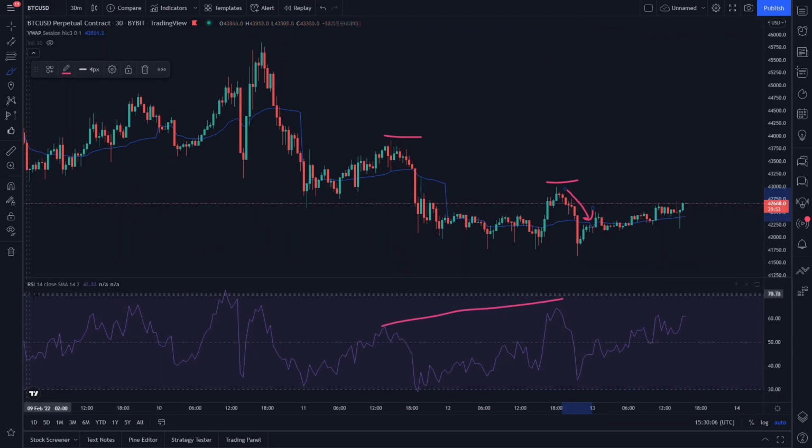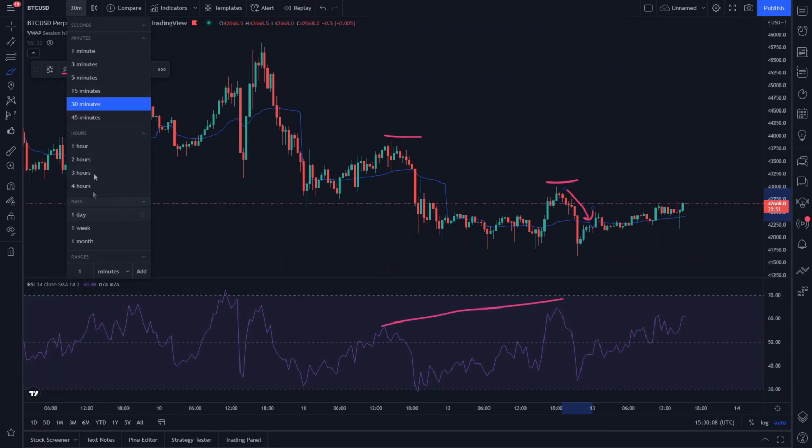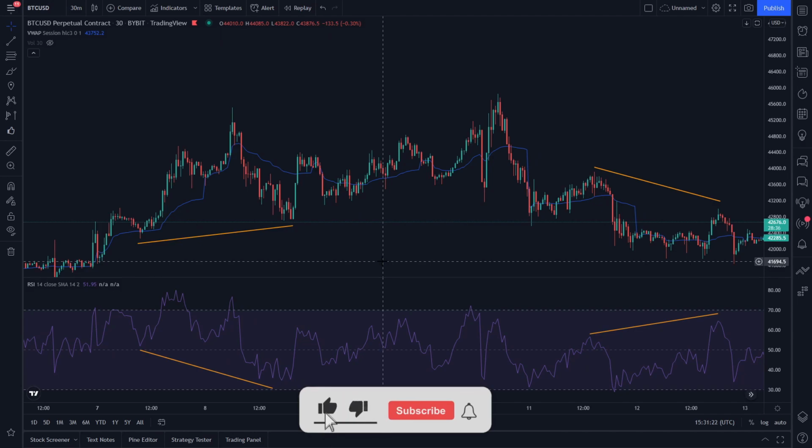You can use this RSI indicator in any of these time frames, but of course, the higher the time frame, the more probable it is to play out. Now, as you know how to use this indicator, you can implement it into your own strategy,